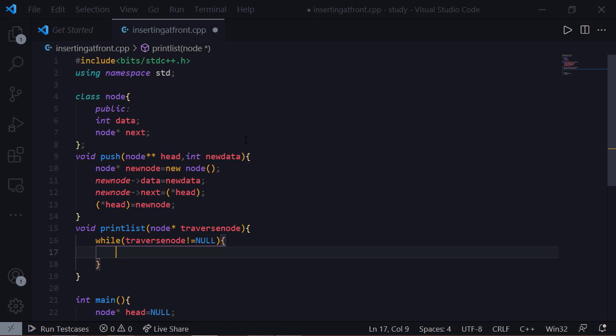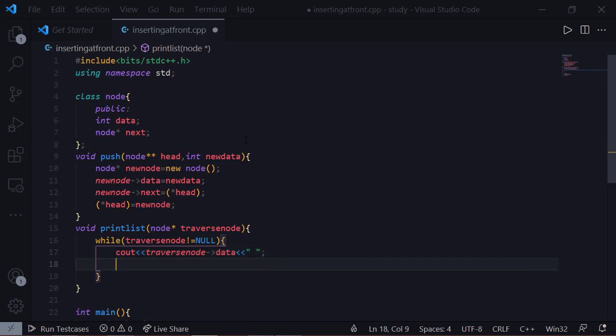This will traverse to the last node of the linked list, and now we have to print the data of our node separated by space, and move the node to the second part of the node, which contains the address of the next node.